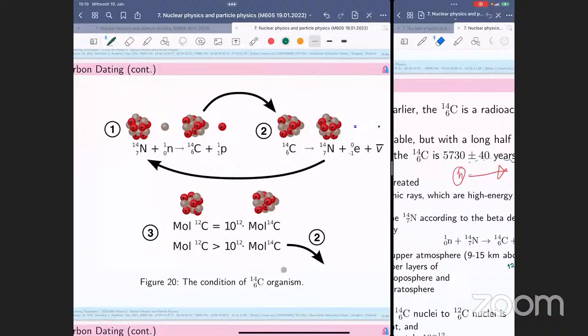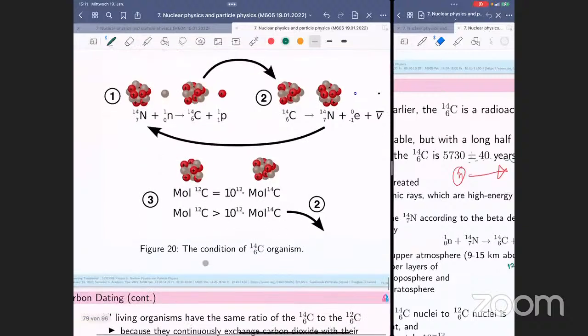So this is the idea of carbon 14 that happens in nature. And scientists and physicists use this to estimate how long ago the object stopped living,